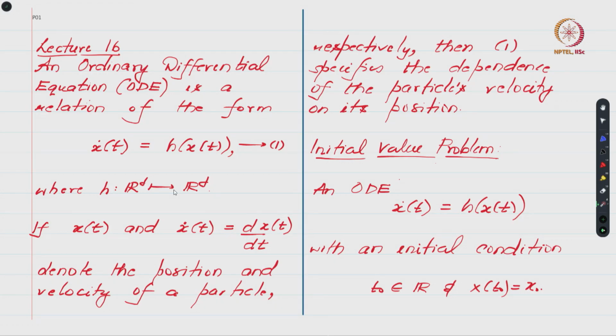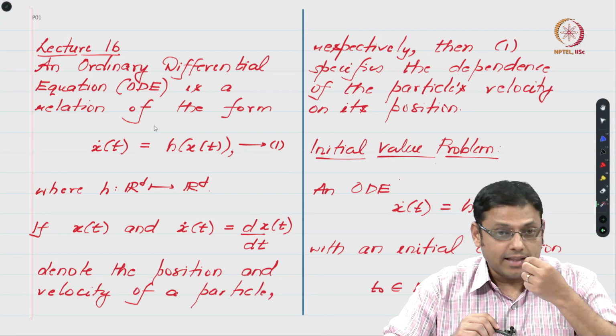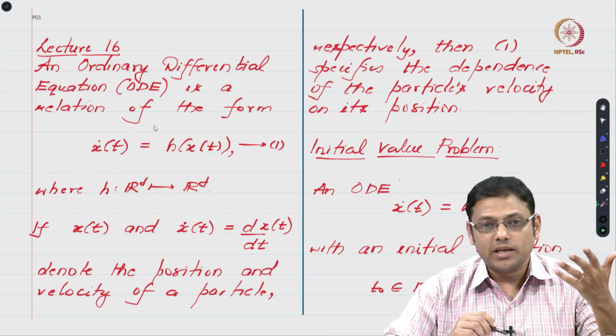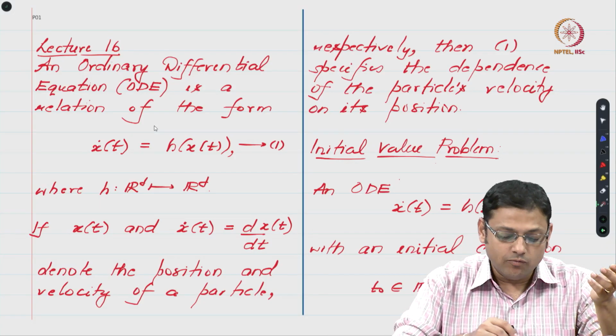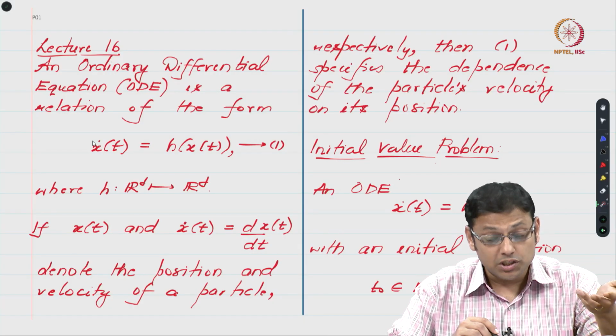So what is the intuitive interpretation of an equation like this? Well, if you think of x of t as denoting the position of some particle and x dot of t as denoting the velocity of this particle, then this ordinary differential equation specifies how the velocity of this particle is dependent on its position. Is that okay? So that is what an ODE is all about. And one can then ask, if you have an equation like x square equals 4, what is its solution? In the same way, an equation of this form, right, we can ask what is the solution to this equation,